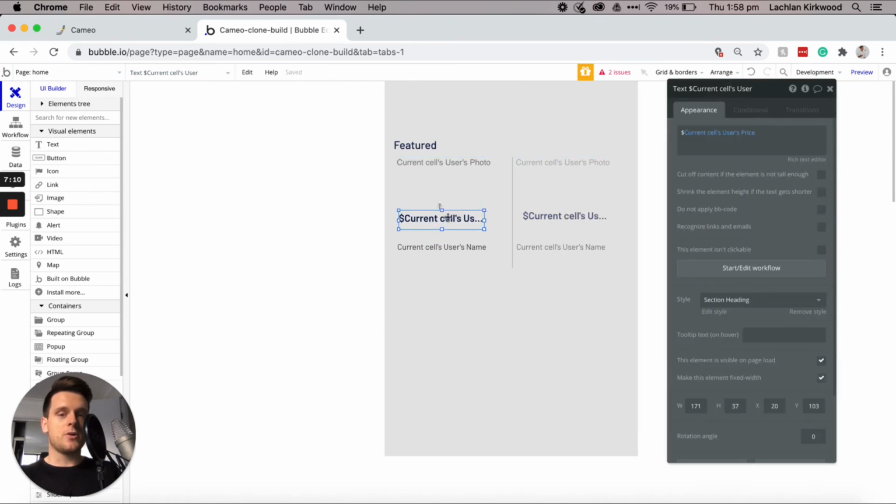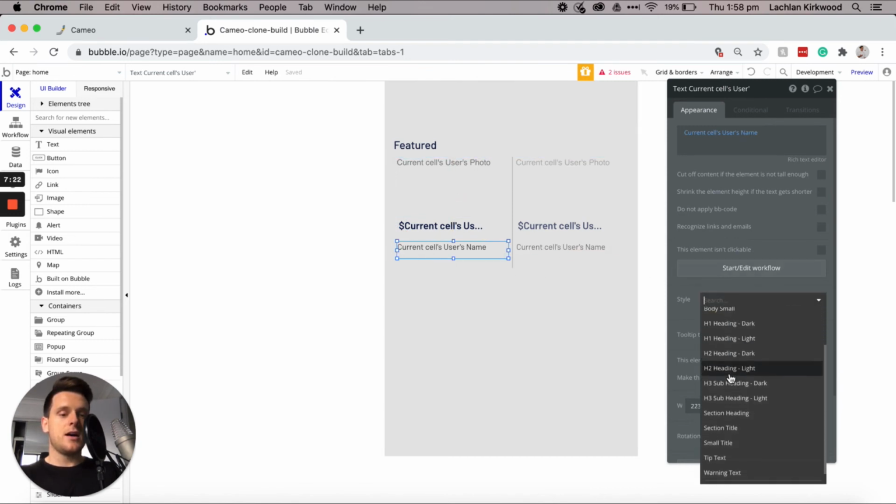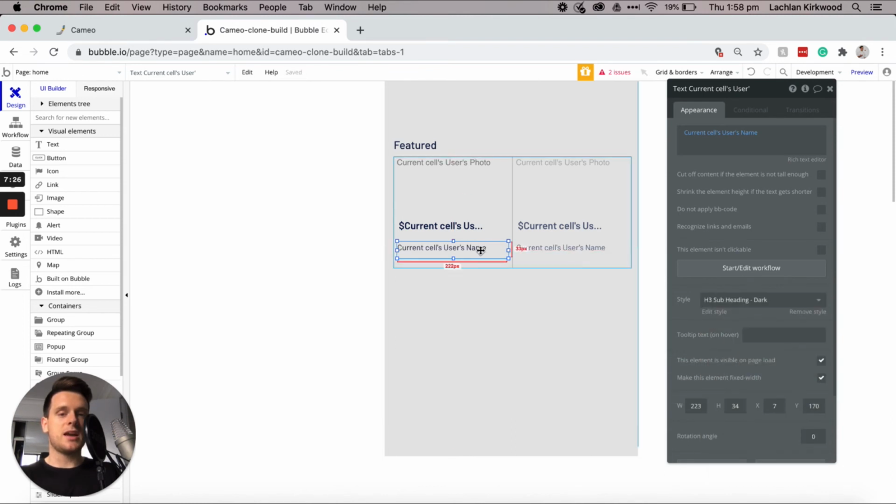I'll move that across, and because this is on top of our image element, it will in fact display over the celebrity's image. I'll then also just quickly go and update the style of the text here. I might keep it relatively small, but I'll just make it a little bit darker, so I'll make it an H3. Below this, you'll also notice on Cameo's homepage that not only do they display a list of featured celebrities,